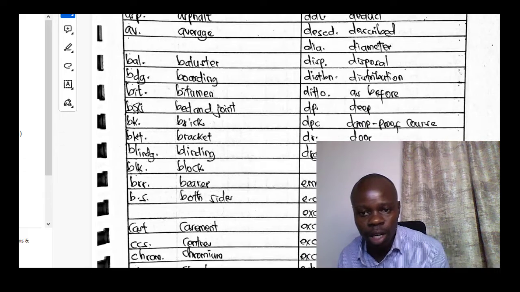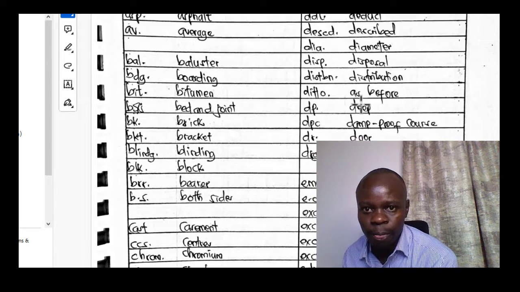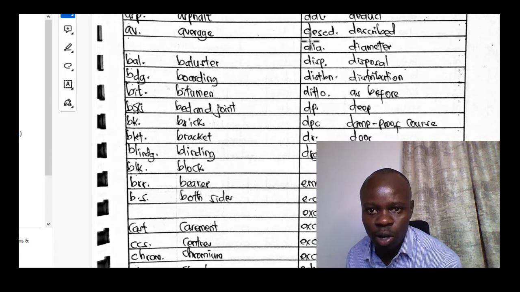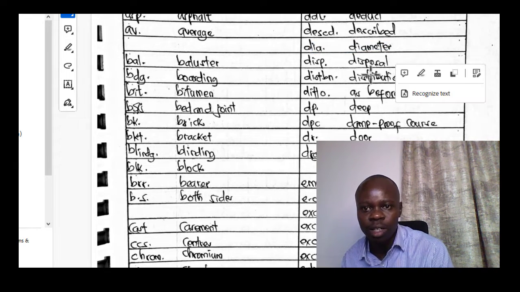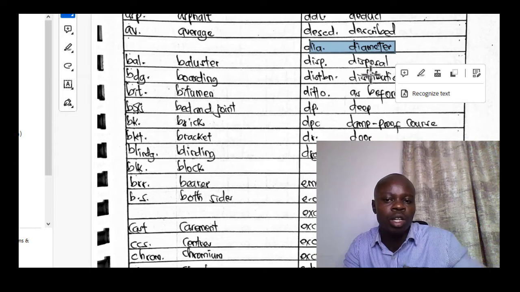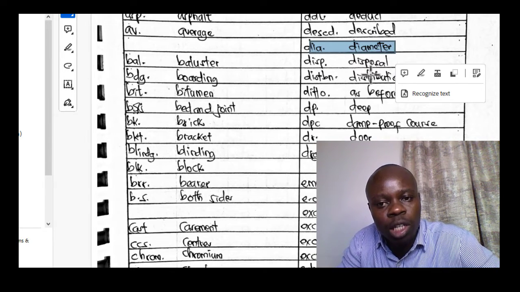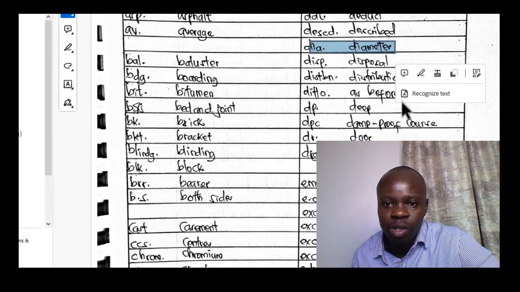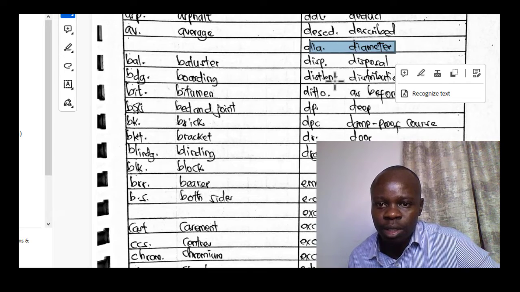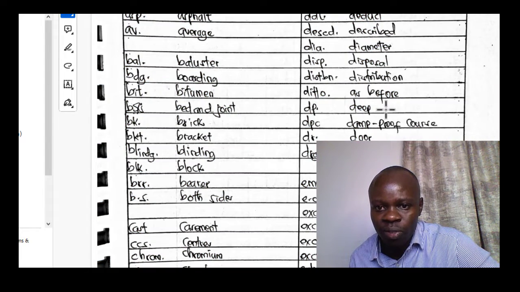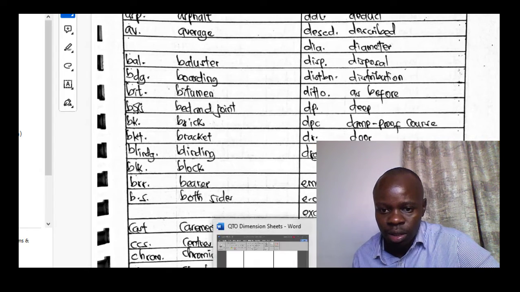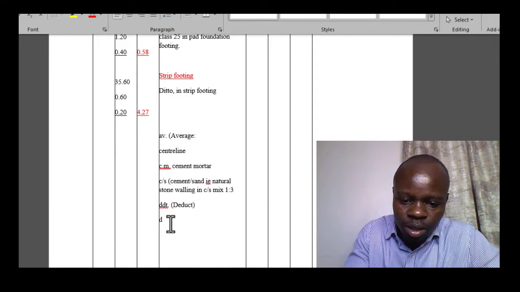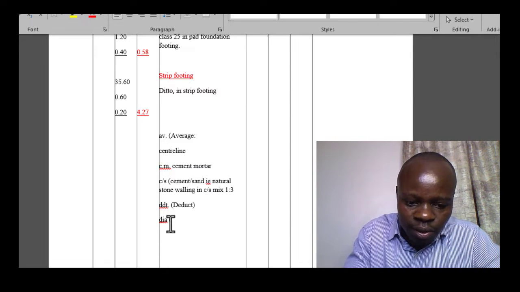Okay, then let's see what you have next. You've seen the DDT. Then dia is also a common one. Diameter. For instance, you are talking about let me say reinforced steel. So you can talk about DIA. So that stands for diameter. Okay, ditto as before, we've just talked about that. DPC is damp proof course. So dia stands for diameter,